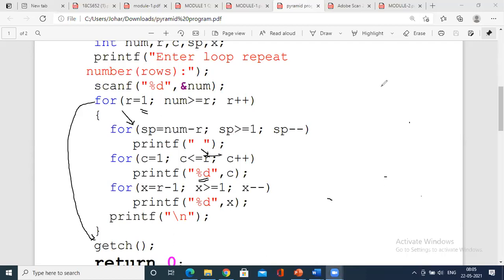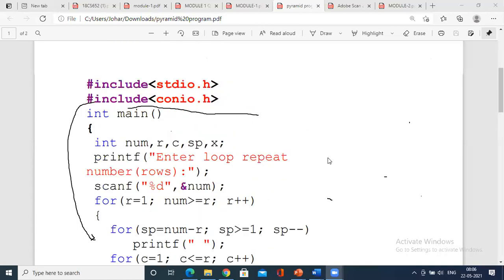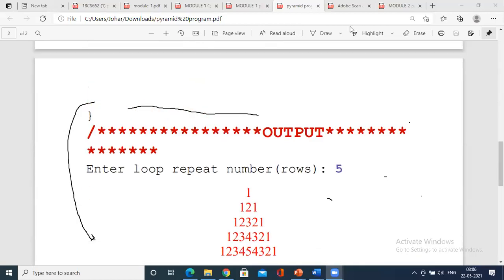So I request you to give the attendance in chat session. What I will do is I'll reiterate this program and I'll show you the tracing for at least one row. That time you find it easy, and you may go ahead with row 2, row 3, row 4, row 5. Okay, then you find it easy, though when I annotate you have a lot of confusions. So I'll show you this program by writing the iteration specifically for this kind of output, taking into consideration 5 rows.